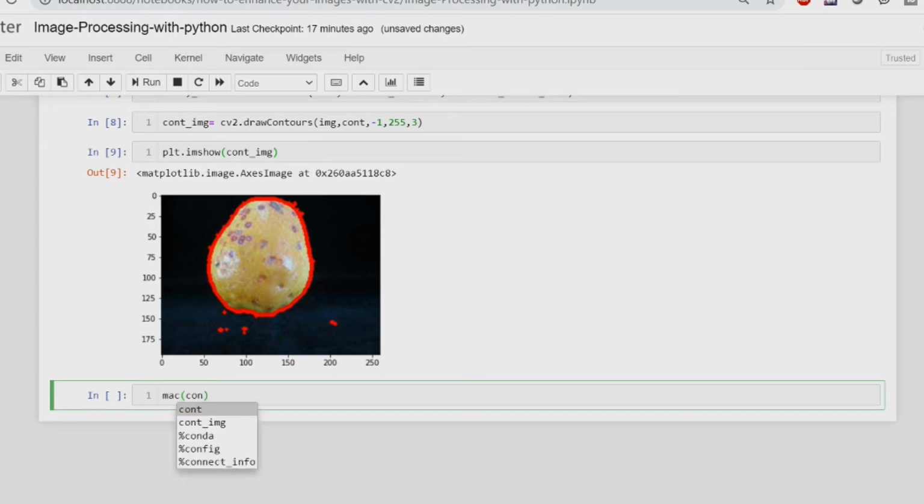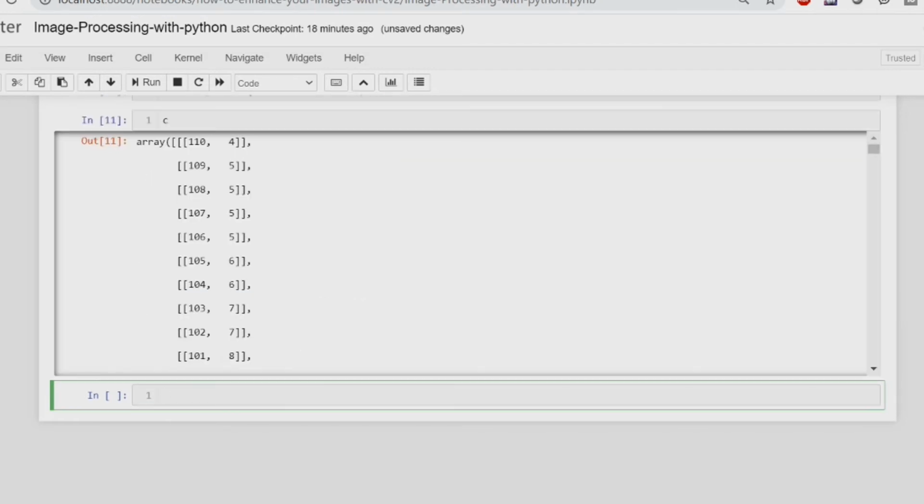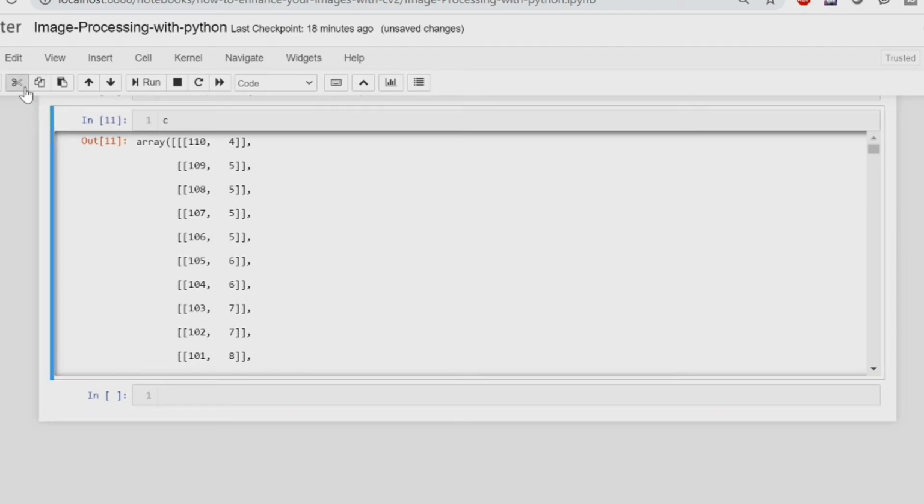So let's apply that method and find out the max contour. So we can write max, then we have to give the method. So we can write key is equal to cv2.contourArea. Sorry, this is max, and let's save this inside a variable named c. Now we want to find out a bounding rectangle for this biggest contour.